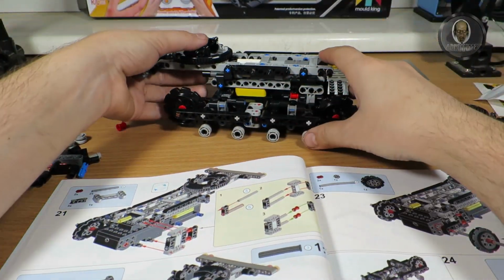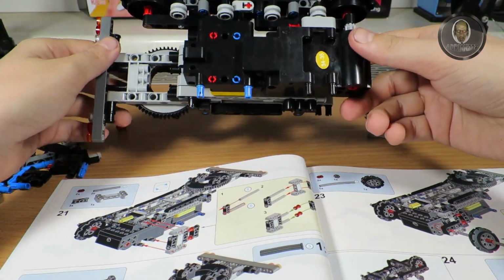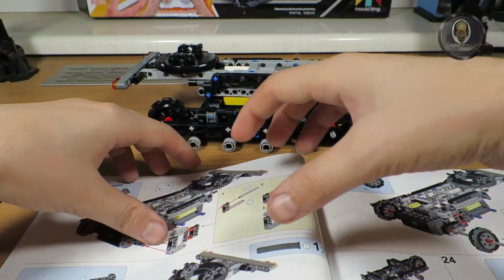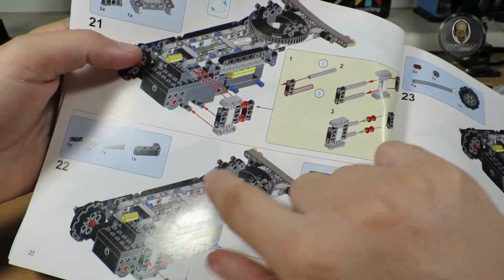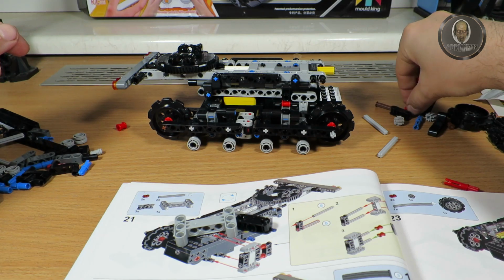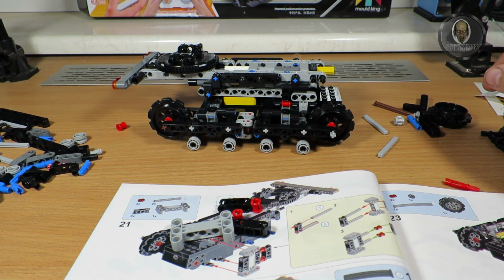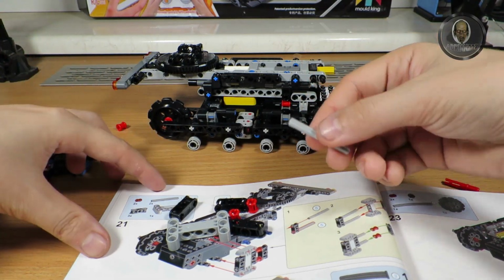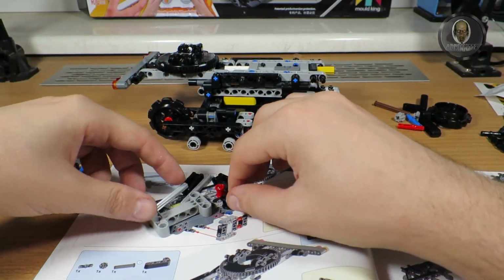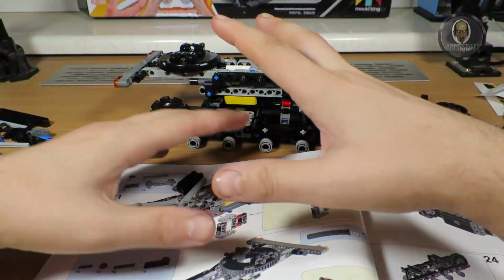So that's quite easy. Actually, it's really fun to assemble. That's why I didn't turn on the recording early, because it's fun to assemble and you're just going on. You just see the next piece. Like now, I'm at this point, so I know I need this, I need 2 of these pieces like this, another one like this. So it's just going on. Another one is probably in here, yes, and 2 pieces 5 long. So I measure, I put another one, and I have all the pieces. After a while, it is my third set with these pieces, so it's quite easy for me to assemble, but it is really fun to